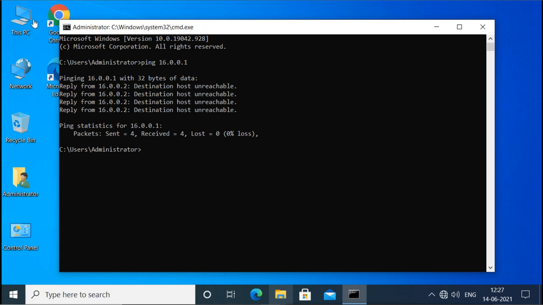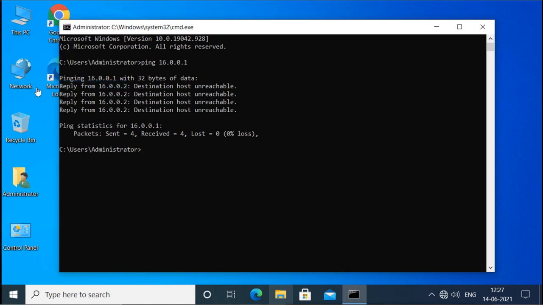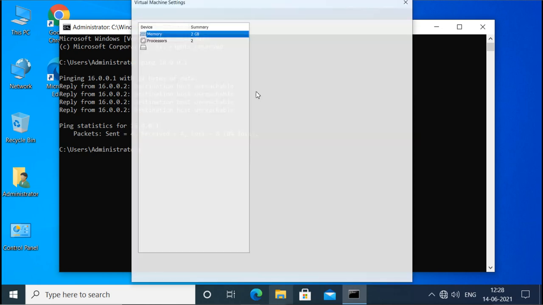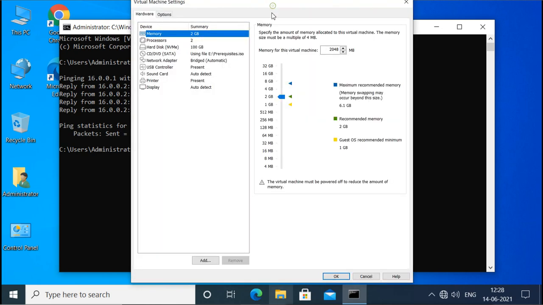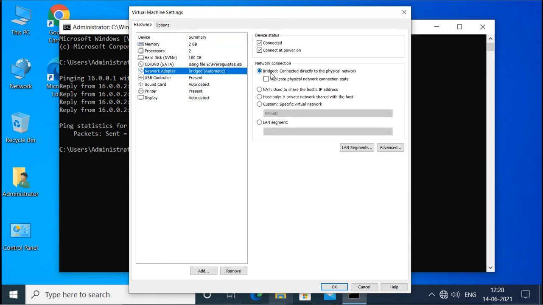So for that, you will go to your virtual machine settings here and check what network setting you have for this machine. For this machine, I can see that the network adapter setting is set to bridge. Now let's check the other server, our domain controller, and what network setting is configured there.